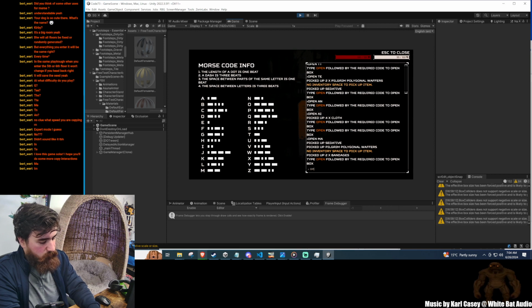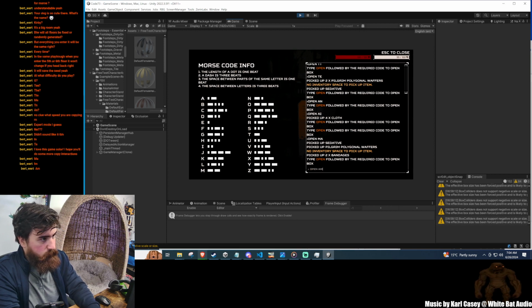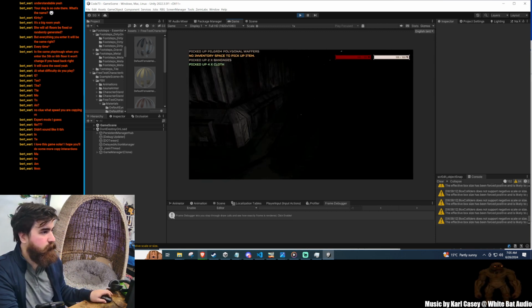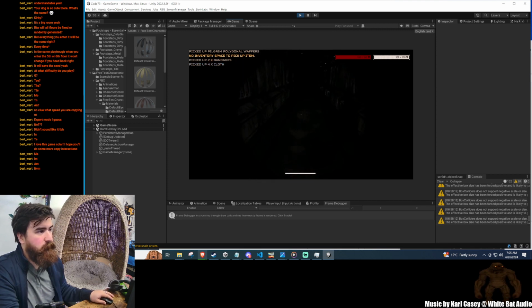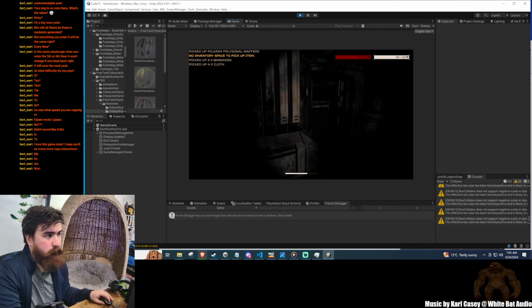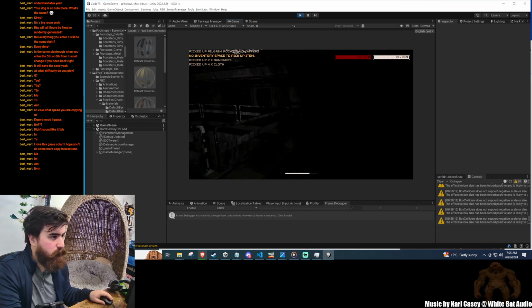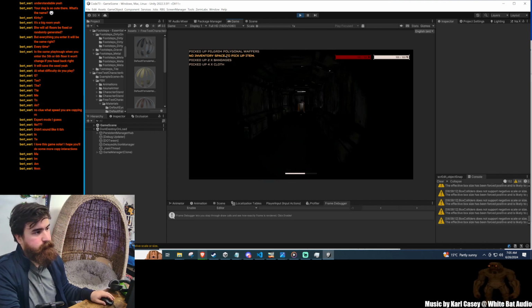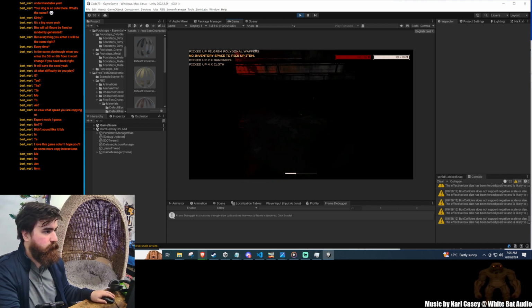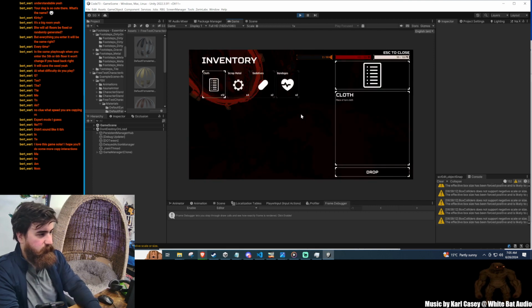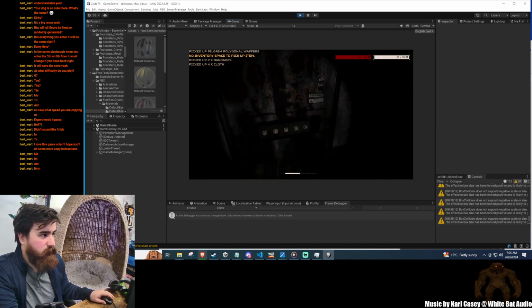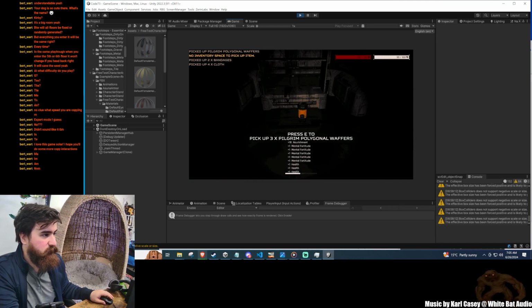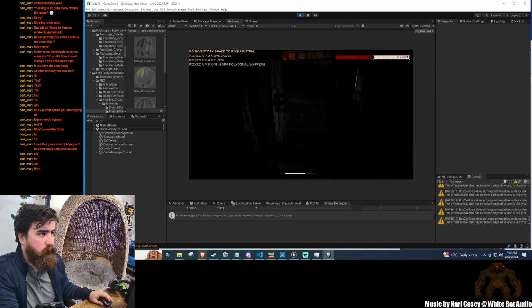I think it's AM? Yeah. Those are the polygonal wafers that I dropped. Yeah, okay. We'll leave those there. And I'm back to the beginning, okay. So I think I've opened this local one. What I probably should do, logically what I think would be the best strategy, is if you're collecting things in a level and you don't have enough inventory space, you pick them up, and then